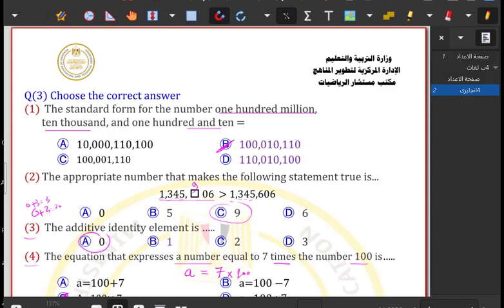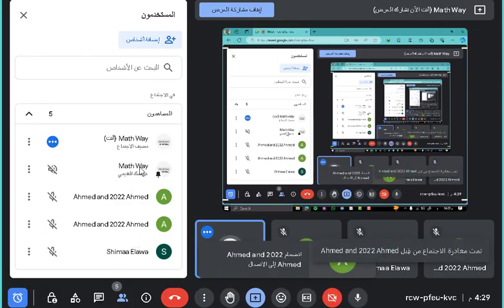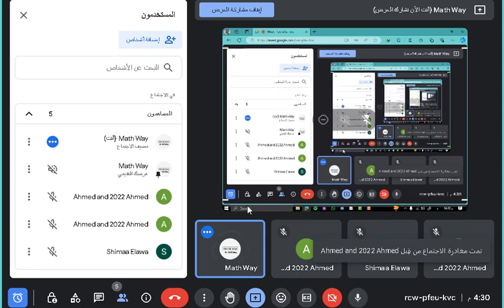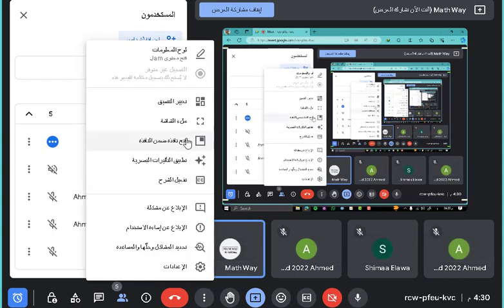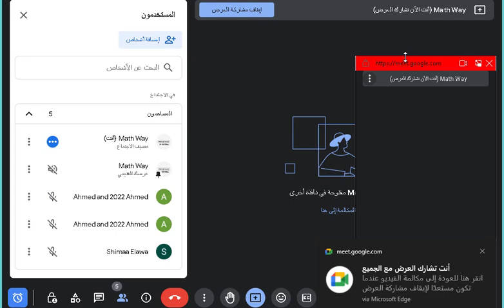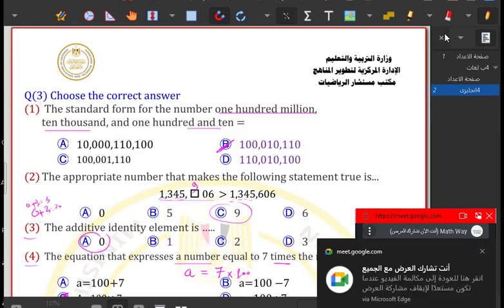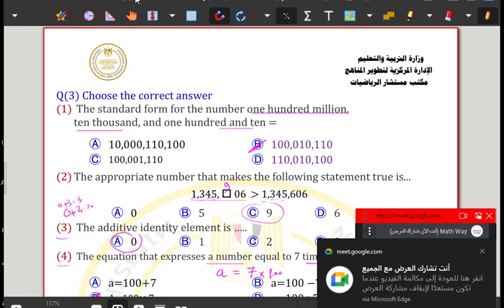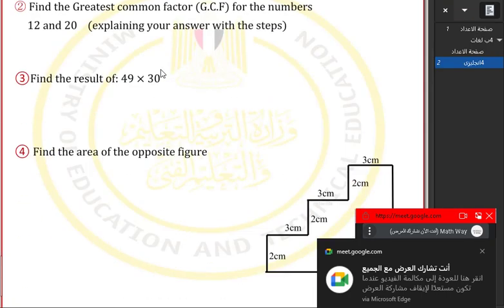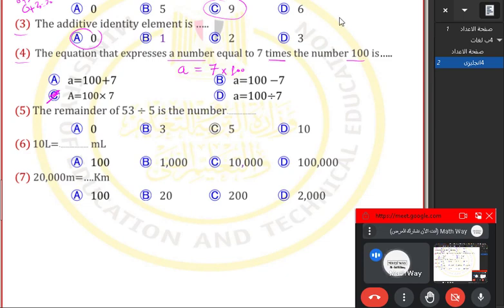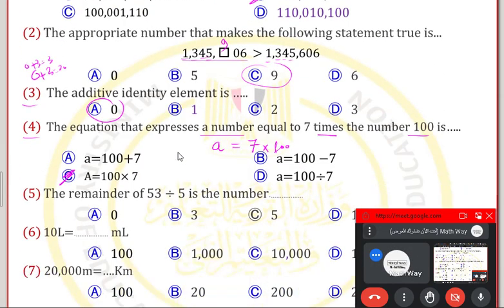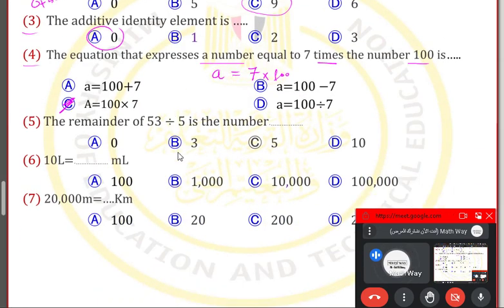This is a long division. Okay, let's do this. Let's get back. He wanted the remainder of the division, so let's divide these two numbers, 53 divided